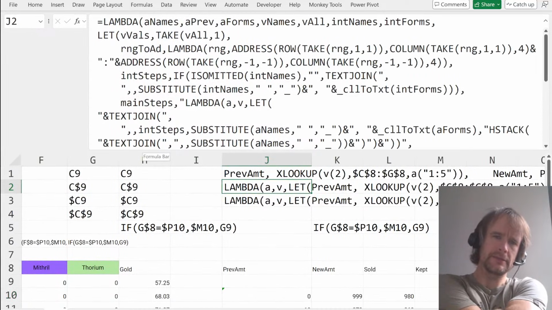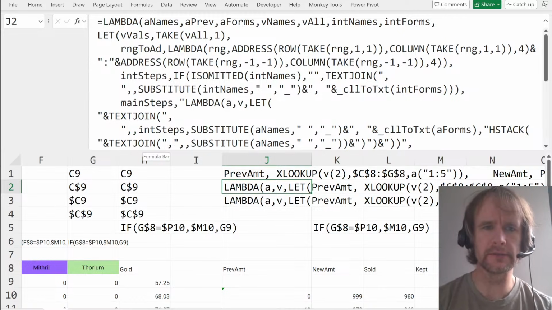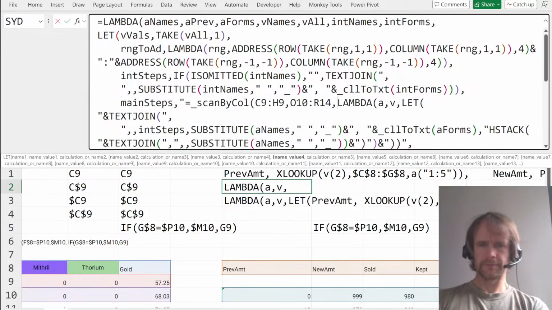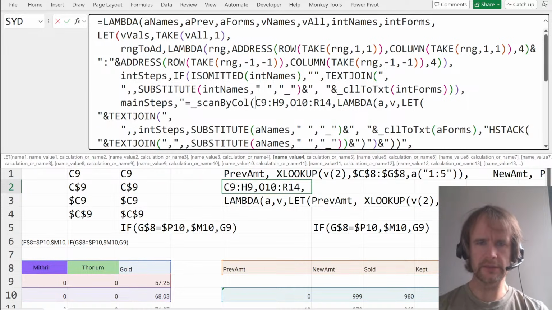I'll have to add options later, but that's fine. I don't need to do that now. I don't even need to do them at all. I can just manually add them. So it's going to be this. And then these have to get replaced. So this is going to be